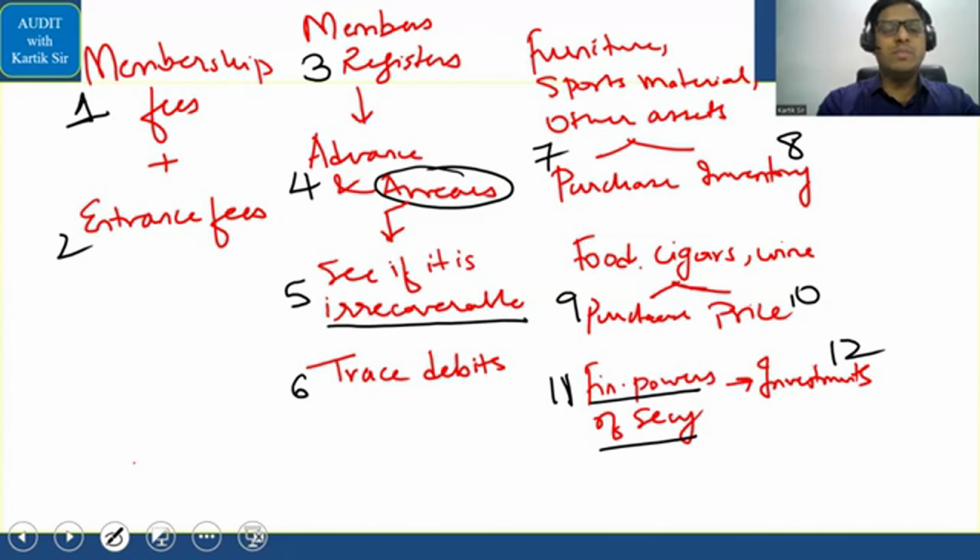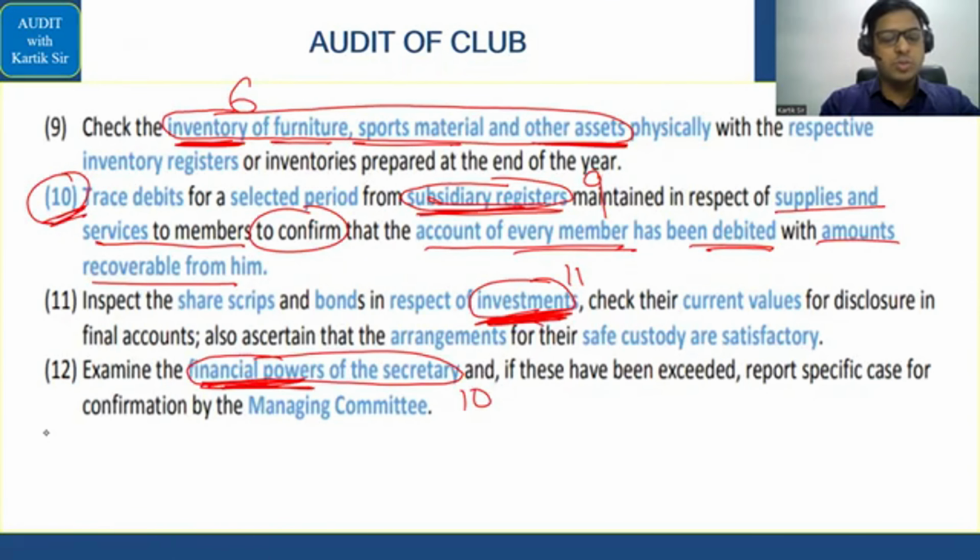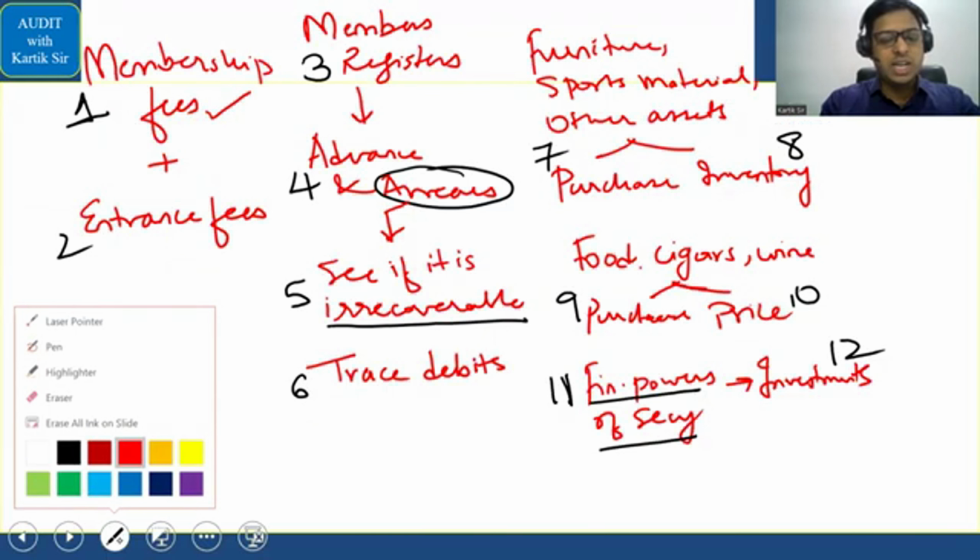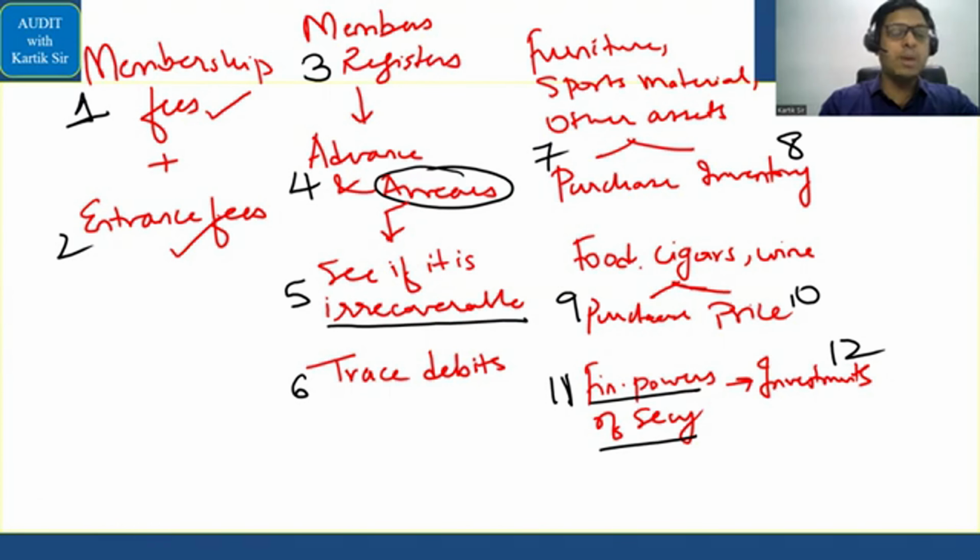पहला आएगा membership fees. The member will pay something called as a membership fee. Then you will have something called as entrance fee. So the member will also pay something called as an entrance fee. In the class I told you membership fee आपको क्लब का member बनने के लिए पे करना पड़ता है। Entrance fee member बनने के बाद अगर कोई आपको activity भी करनी है then you have to pay something called as an entrance fee.